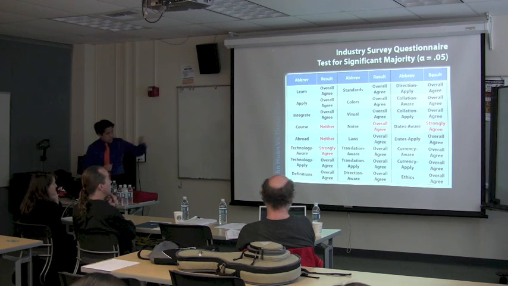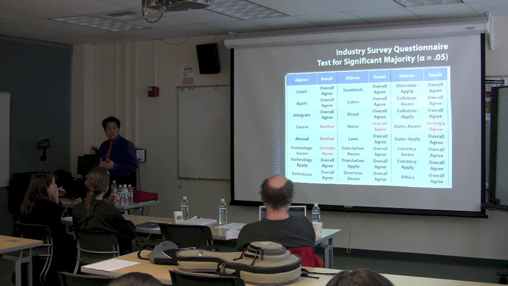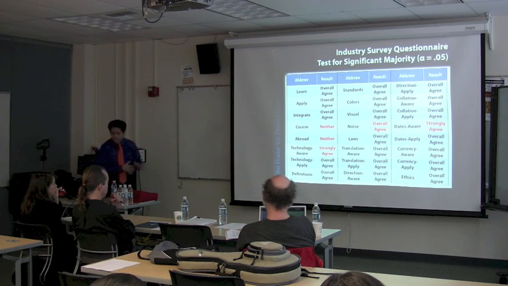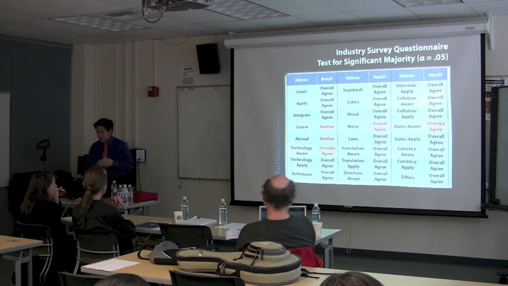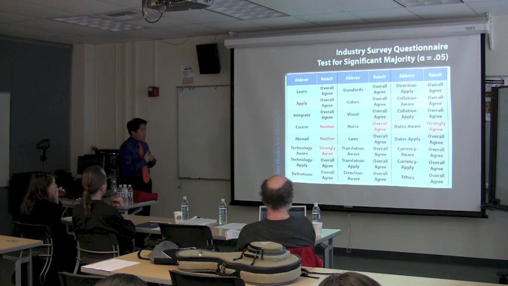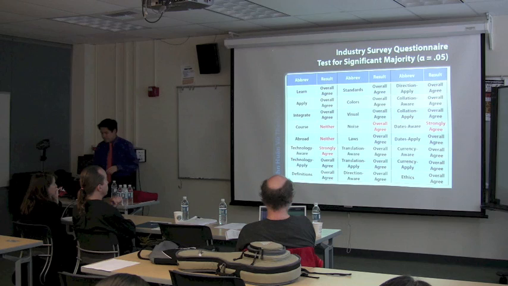For the strongly agree ones, for technology aware and data aware, it is: student must be aware of possible technologies and tools for creating software that supports internationalization, and student must be aware of how dates and times are used in various cultures and countries. Now, the reason why I highlighted the ones in red is because either there is a change between the two significance values, which we will see in the next slide, or they stood out from the results. And the ones that I believe stood out from the results were the strongly agreed. Those were the ones with the highest score on that part. Not highest score. We'll get back to that.